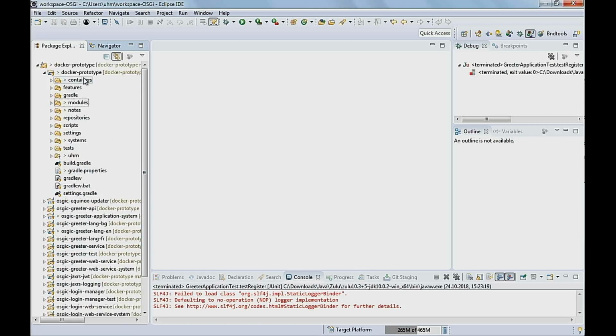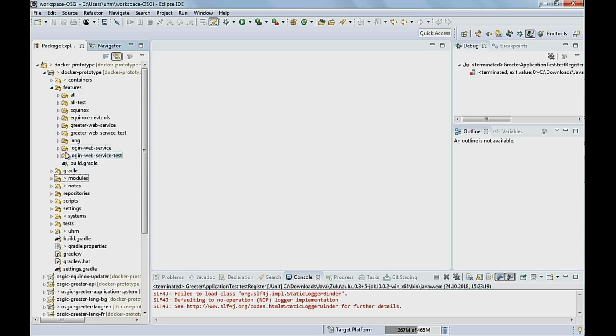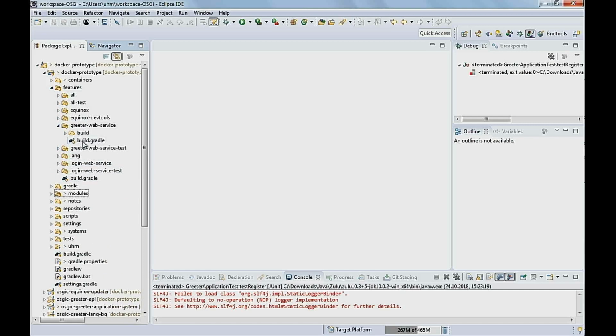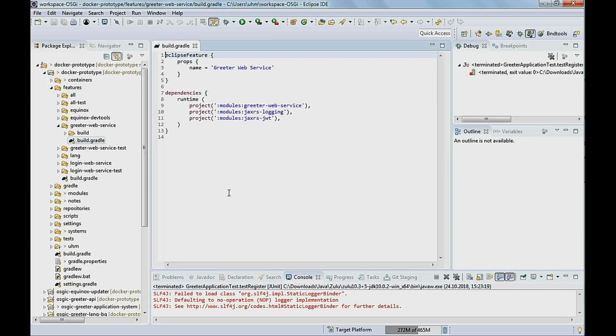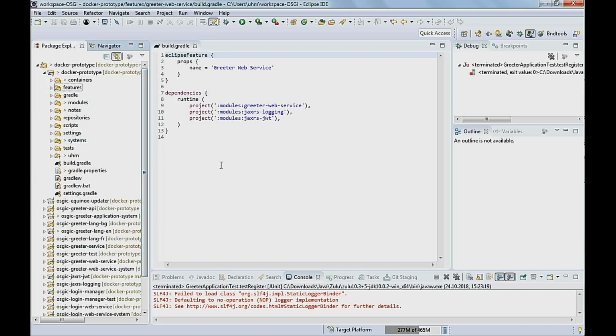This is the master project, which in Eclipse terms doesn't even have a nature of any kind. Then from the modules, we build features. The features are more or less defined as a collection of modules. So here we would say, okay, what do we want to have in this greeter web service? It's just a few projects which produce bundles, so that's our feature. There's no additional metadata associated with the features, just a deployment container. But it's very useful as such, because from this we can pick pieces to put into our containers.